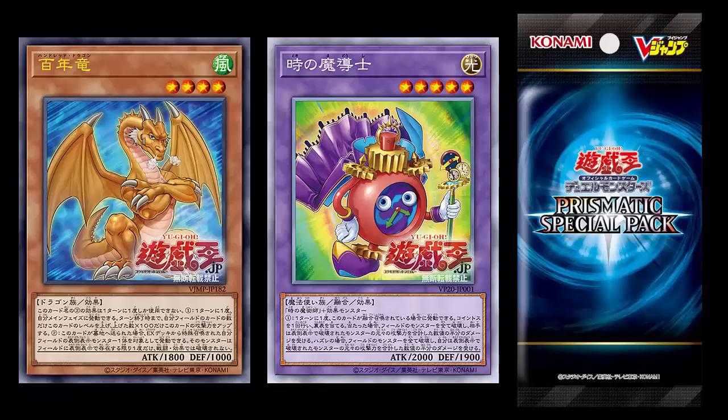What's up, YouTube? Capital G here, checking out the retrains of the old school DM monsters that have finally been revealed. If you remember, about 2-3 weeks ago on this channel, I talked about these cards because they were teased in the V-Jump as normal, and it looks like they're going to be released in something called the Prismatic Special Pack in the OCG. Obviously, I have no idea when these are going to come to the TCG,